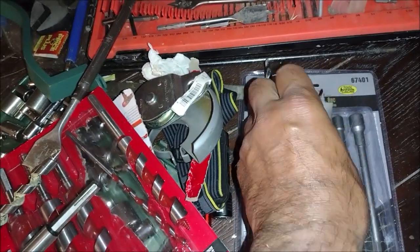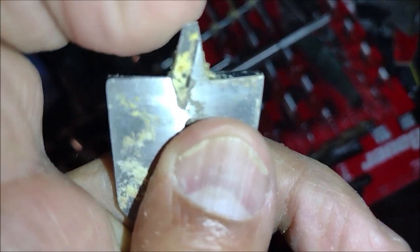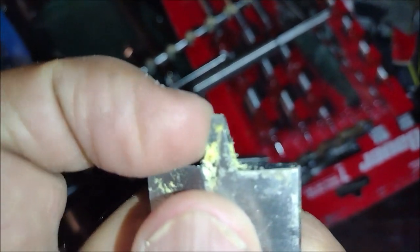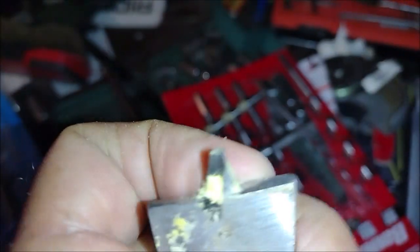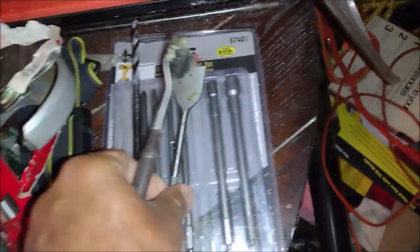Let me show you a dull one. Here is the one that I used. If you use this one anymore, it's going to create a lot of charring. First, it broke in the top. Number two, this part here became dull, gone. This portion here became dull. Look at that. This is dull. There are no sharp edges here. So this one became useless. This is useless. You have to sharpen it. It is useless. If you compare these two,